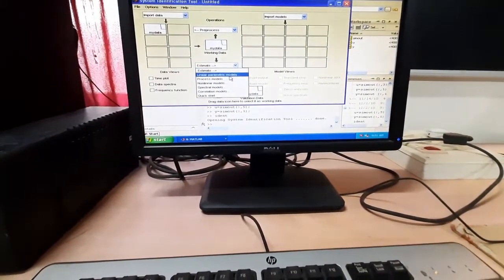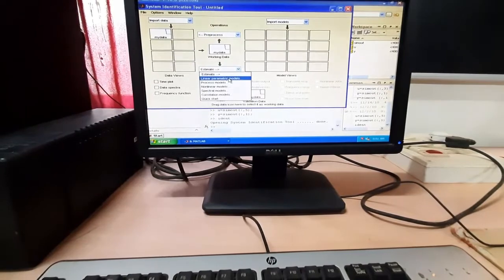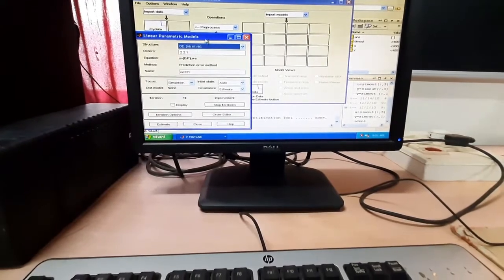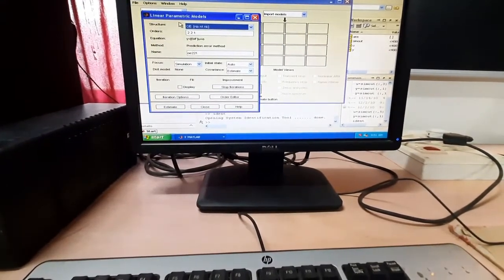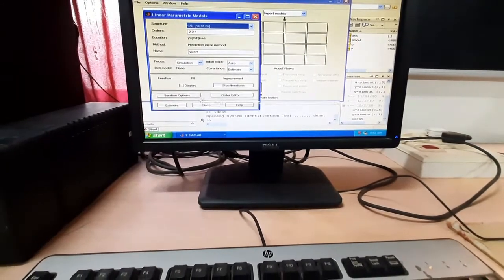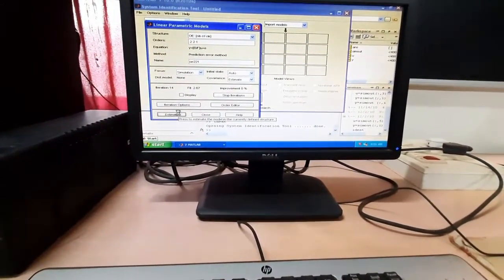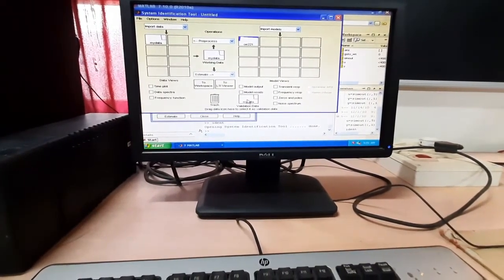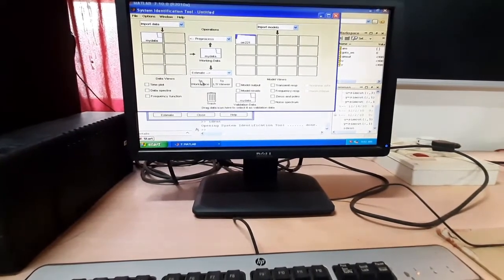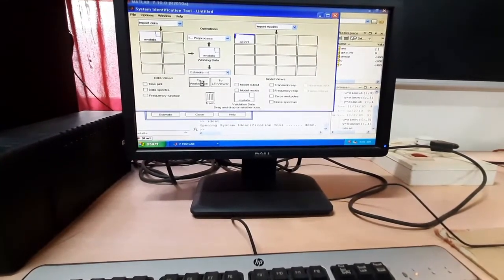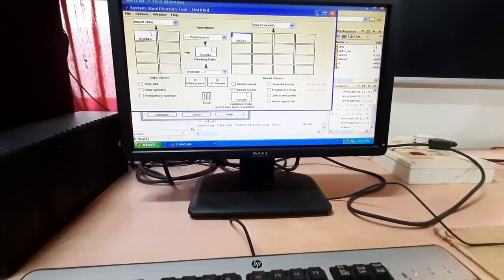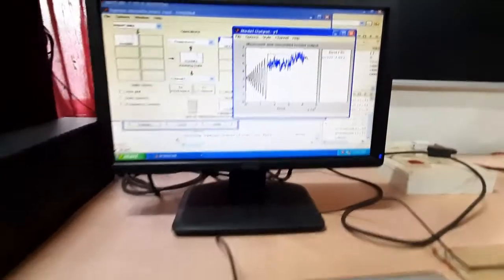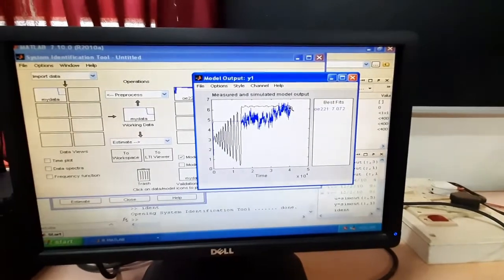Now we have to estimate these linear parametric models. Let's choose OE221 as our structure and orders. Then estimate. This is your model output.